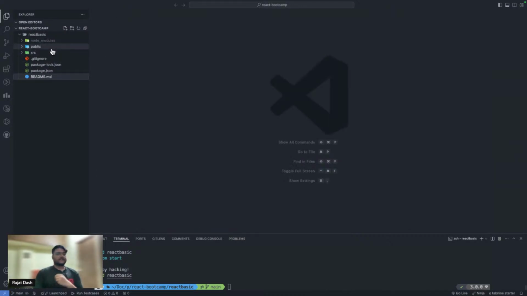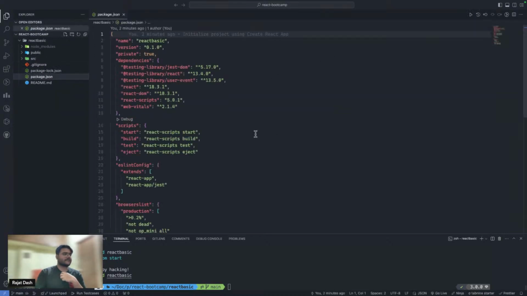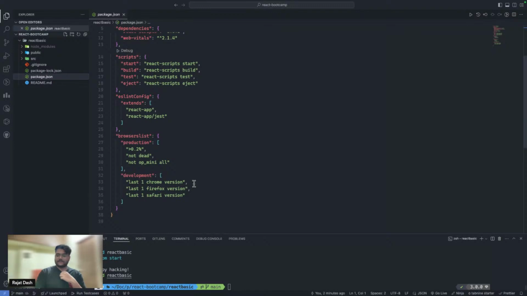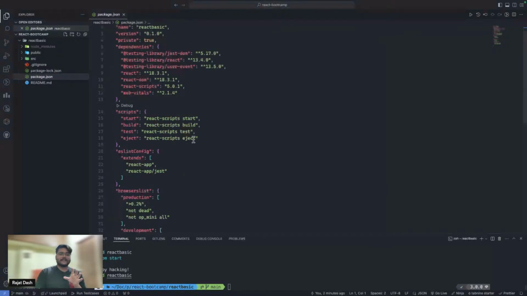Okay. Starting with the folder structure, we can see some files and some folders here. Let's start with the package.json. And you can see a lot of stuff here, right? Name, version, dependencies, scripts, some browserslist and everything. We'll focus on the main things which we are required to know.